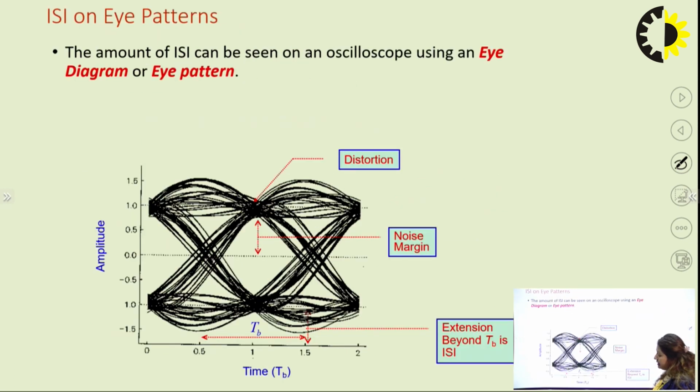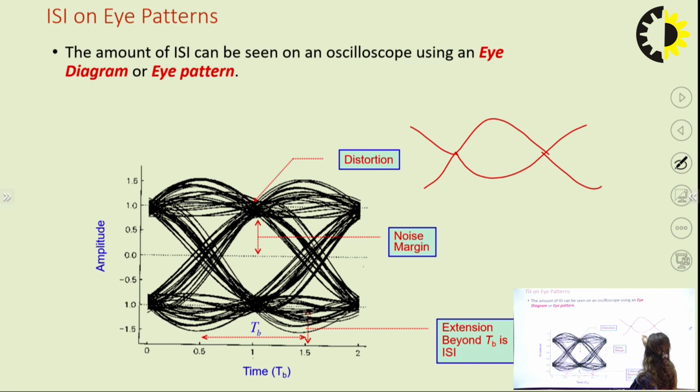Next, there is a tool by which we can easily measure how much the overlapping is. This particular tool or measurement method is called the eye diagram method or eye pattern generation method. You can see from the figure, it is a kind of eye shape. So, the opening of the eye is this, this is the width of the eye,